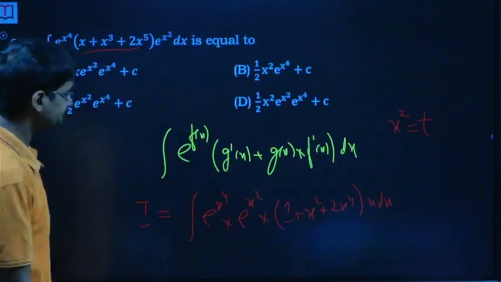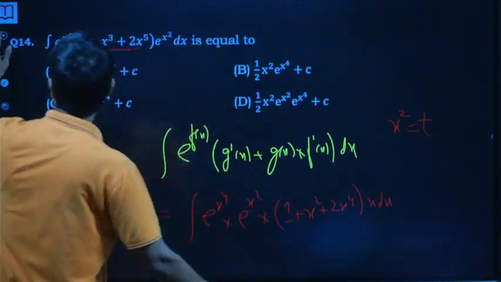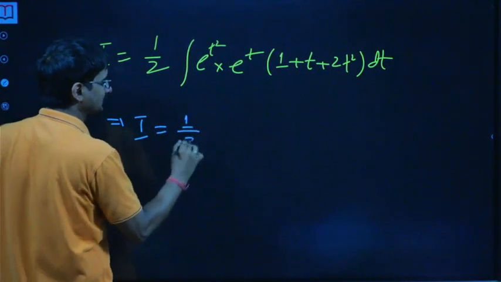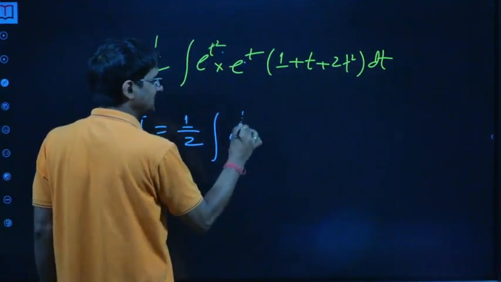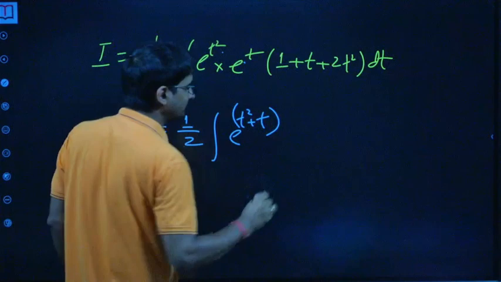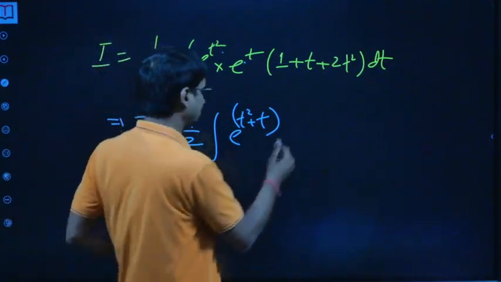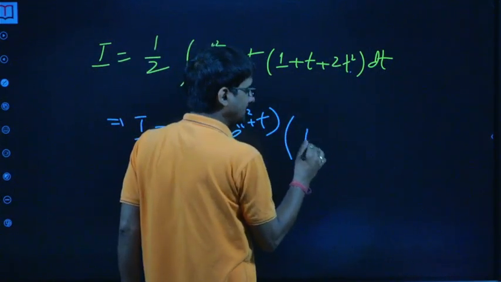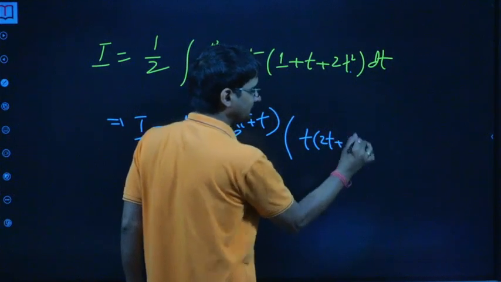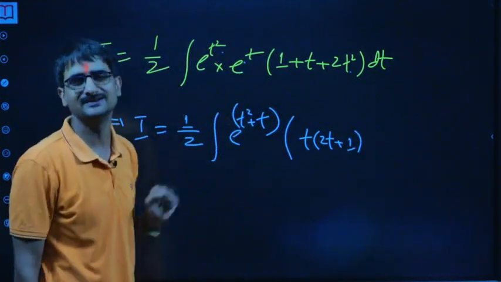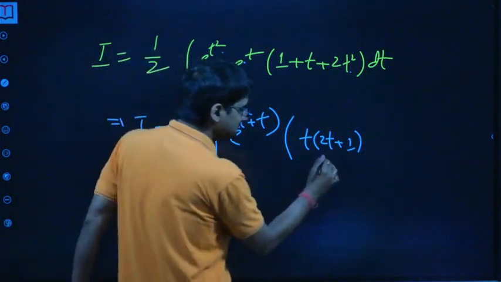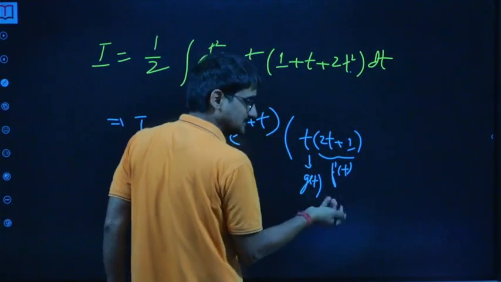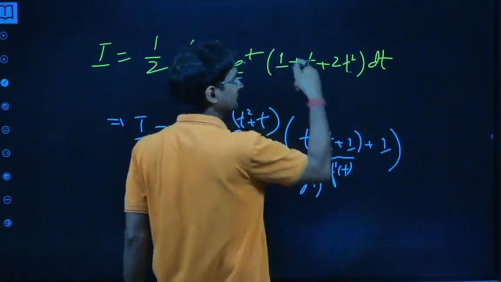Fine. After that actually I realized, you may ask how I can't see it happening from the beginning itself, but then I realized, okay, if I write it as this, so this might be f of t. Now the point is, can we get its derivative? So from here we can see that if I take t common, 2t plus 1. Now 2t plus 1 is its derivative. So now we got it. So this should be f dash of t. So in that case, let's take it as t, g of t, and its derivative is 1, which is what is left here.